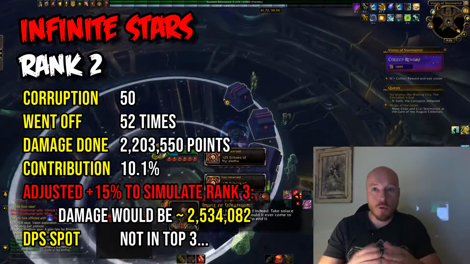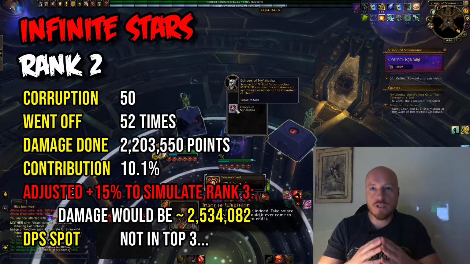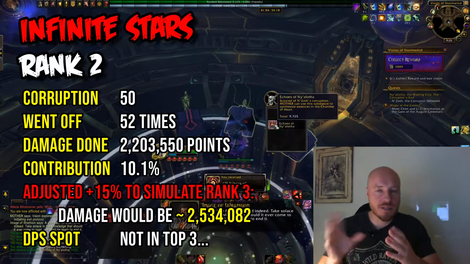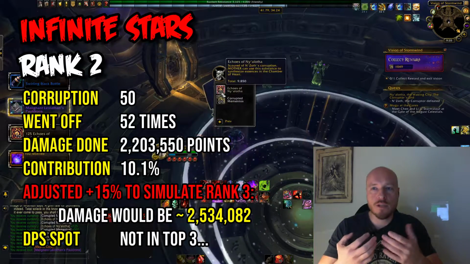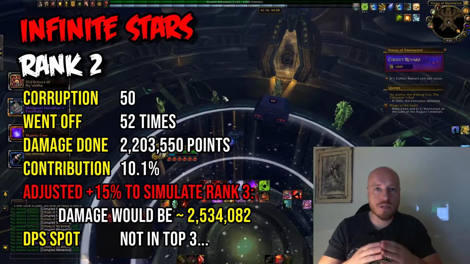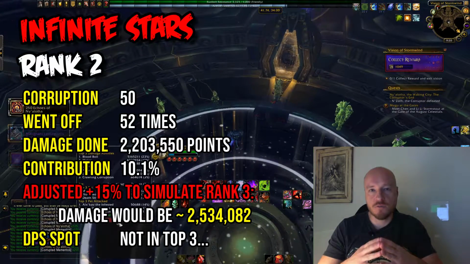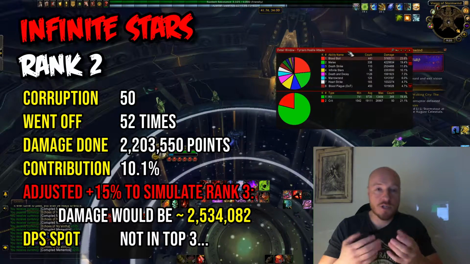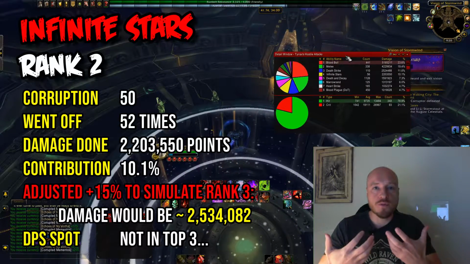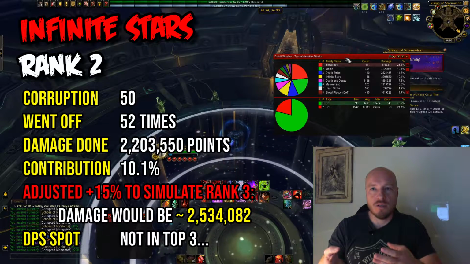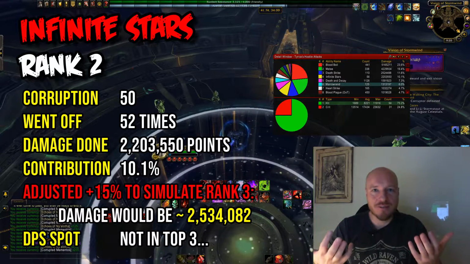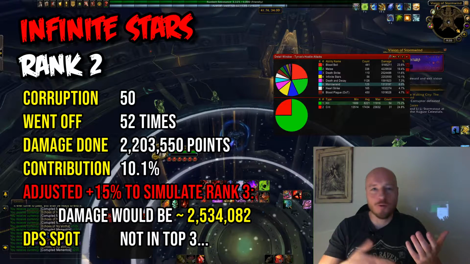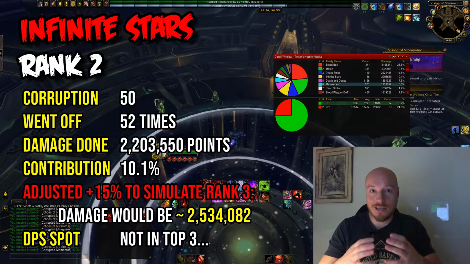It did overall a lot less damage. It did only 2,200,000 and a little bit of points of damage. It did not even fit into my top 3 or top 2 abilities that were damaging abilities for Blood Death Knight, which is, well, on overall performance, somewhat disappointing. It only did 10% of overall damage in the whole Horrific Vision run, which was honestly quite